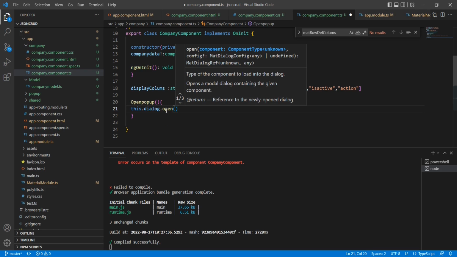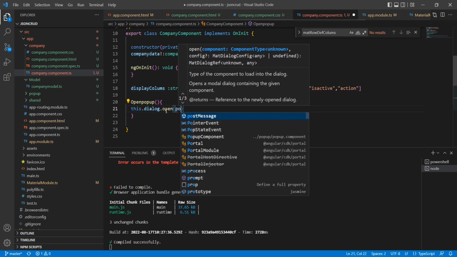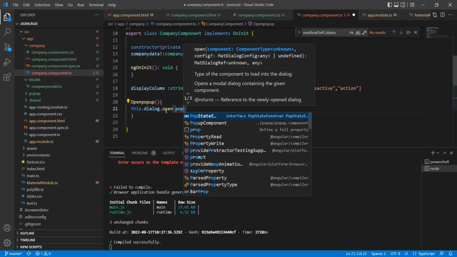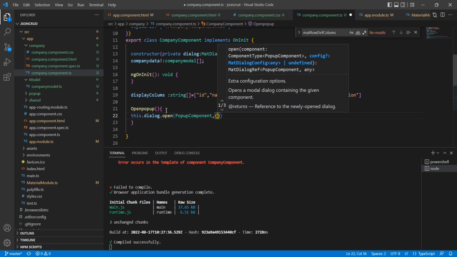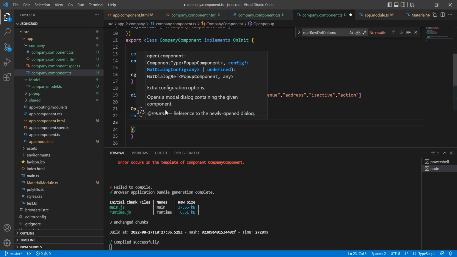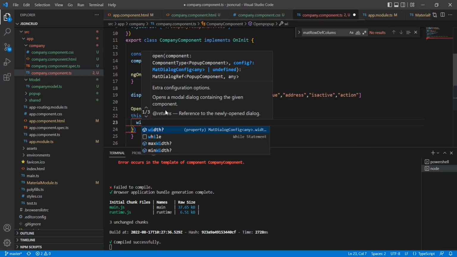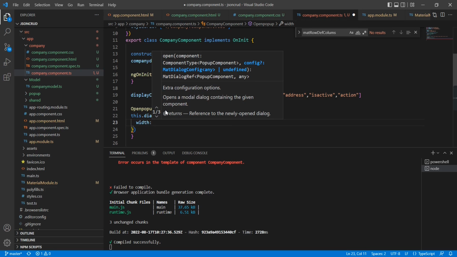Here the first input is component. So that's what we have created, the pop-up component. And other things are just properties. The width I am going to provide, 500 pixels,